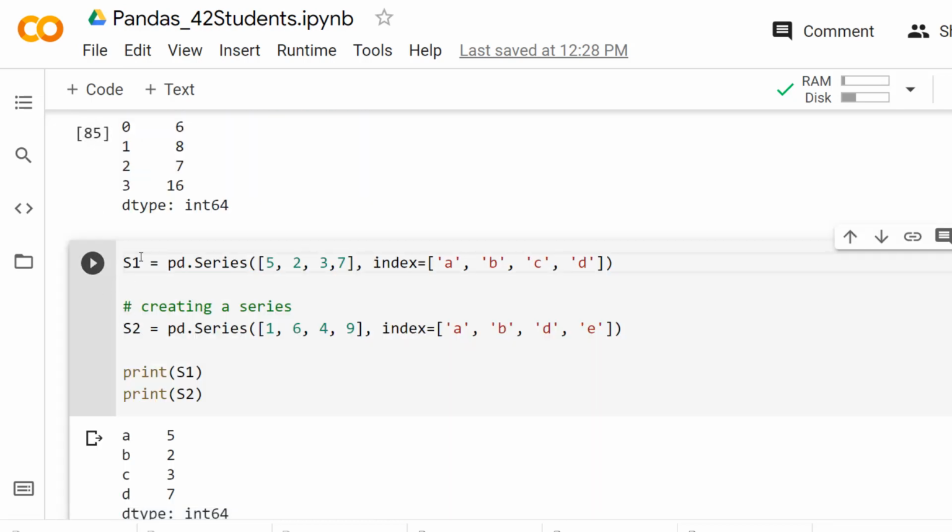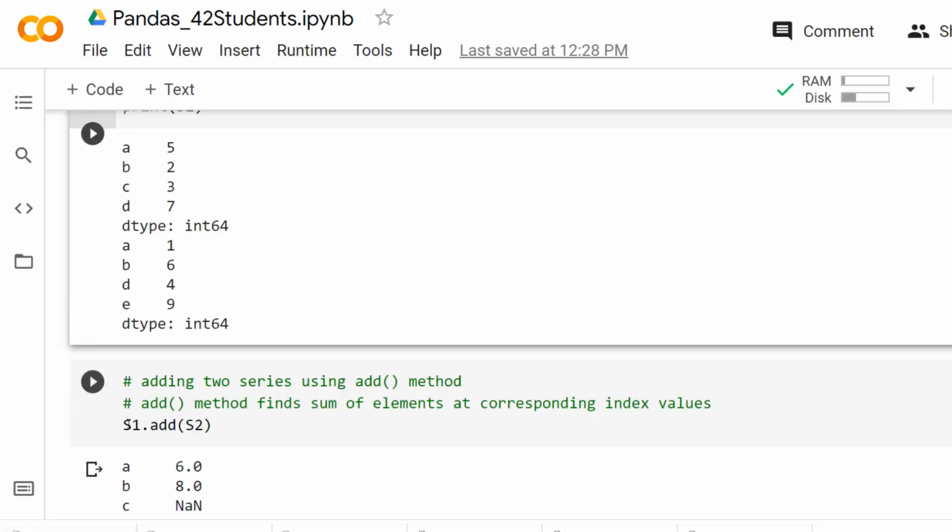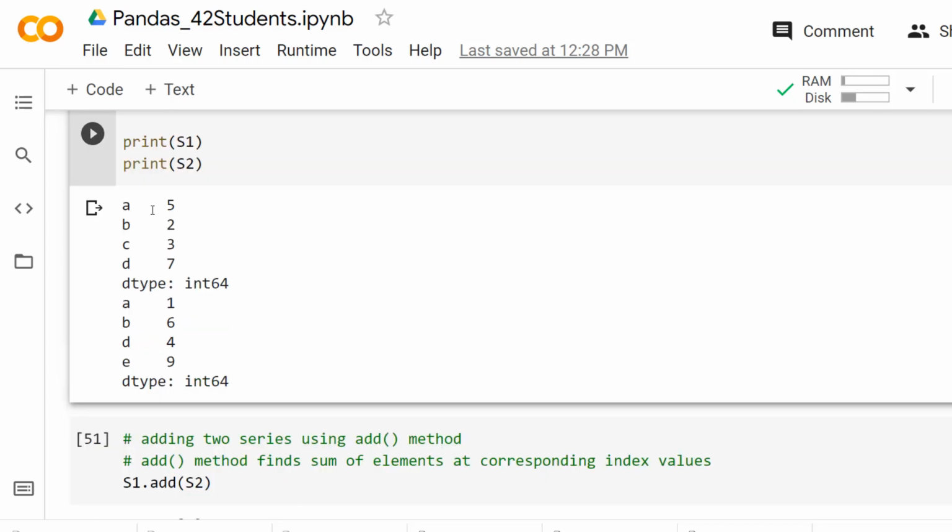Now consider these two series objects S1 and S2 where we have different index values. If you observe, S1 has the elements 5, 2, 3, 7 with the index values A, B, C, D, and S2 has the elements 1, 6, 4, 9 with the index values A, B, D, E. If you observe the index values, they are not the same in both S1 and S2. Now if you apply the add operation on S1 and S2, for the element 5 in S1 and the element 1 in S2, the index value is the same.